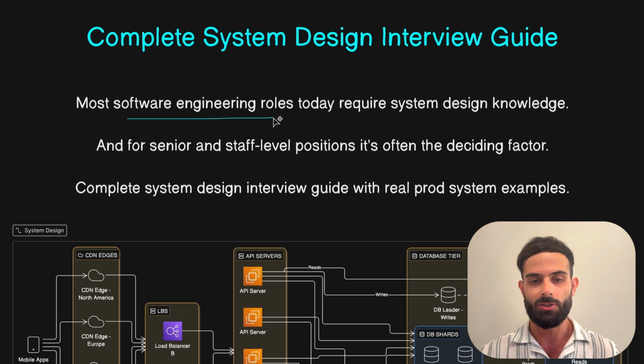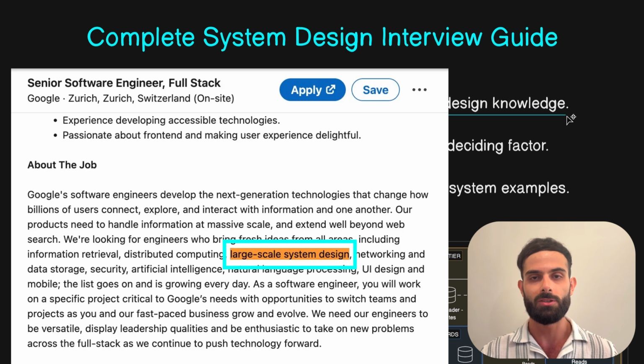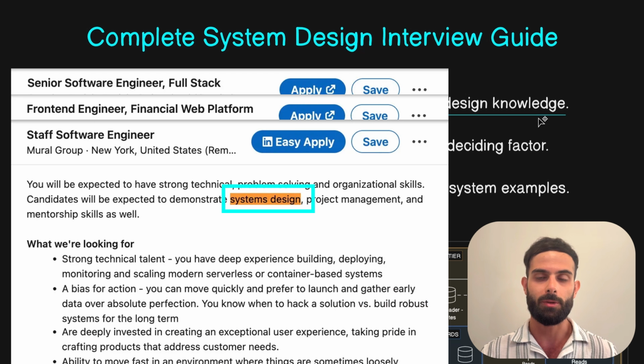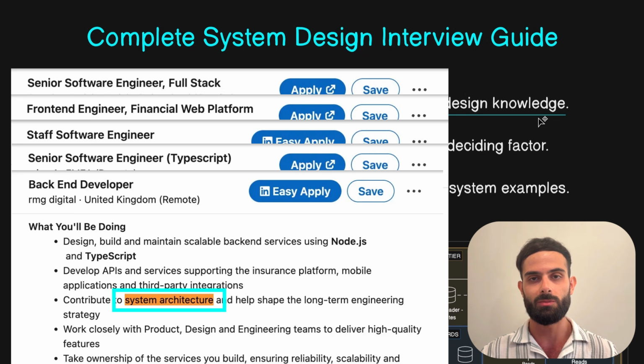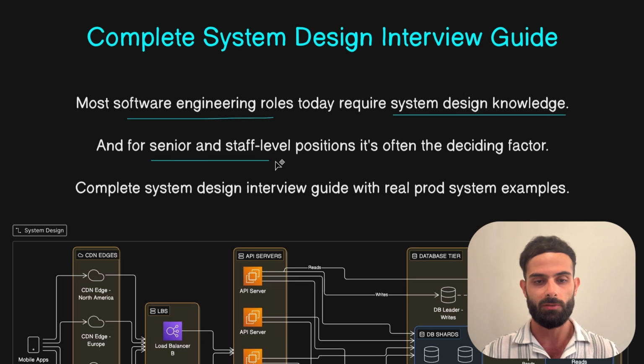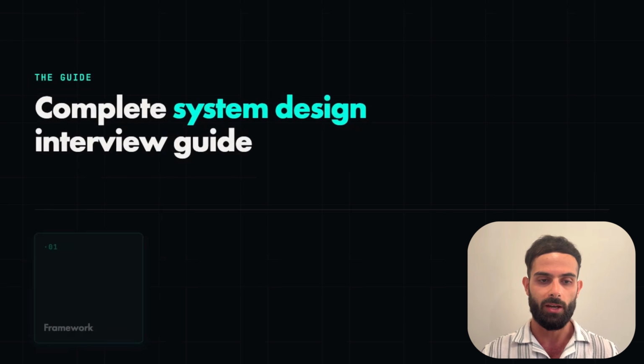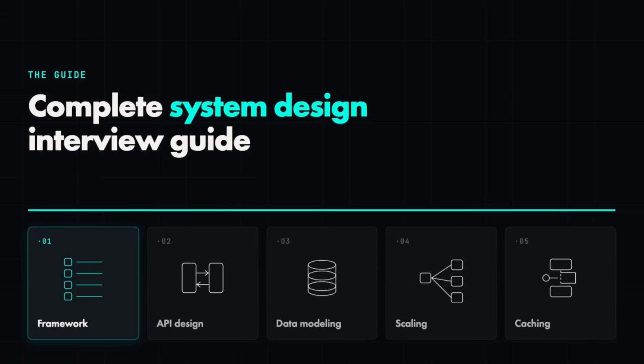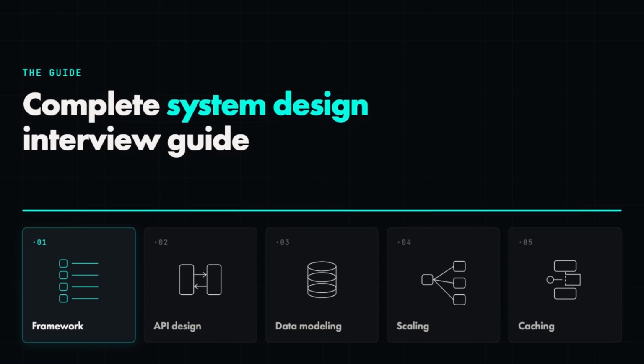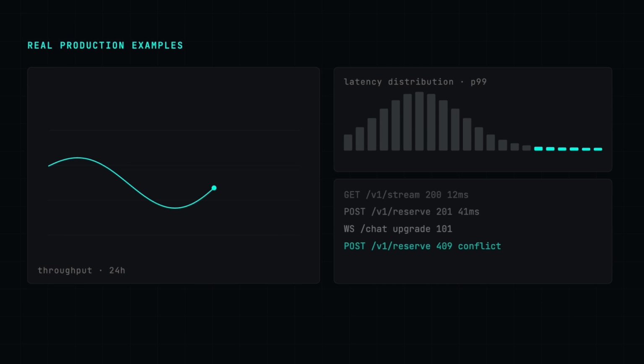Most software engineering roles today require system design knowledge. Whether it's for the job itself or for interviews, you are expected to know how to design systems at scale. And especially for senior and staff level positions, it's one of the deciding factors for the company. That's why I put together this complete system design interview guide with real production examples that show up the most